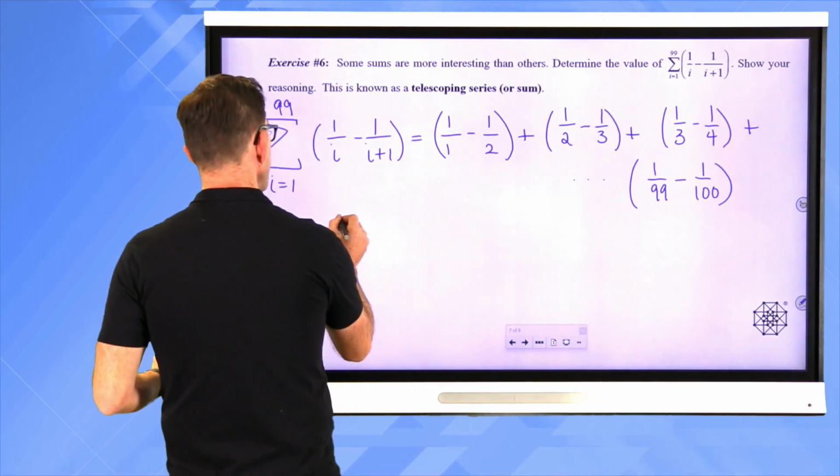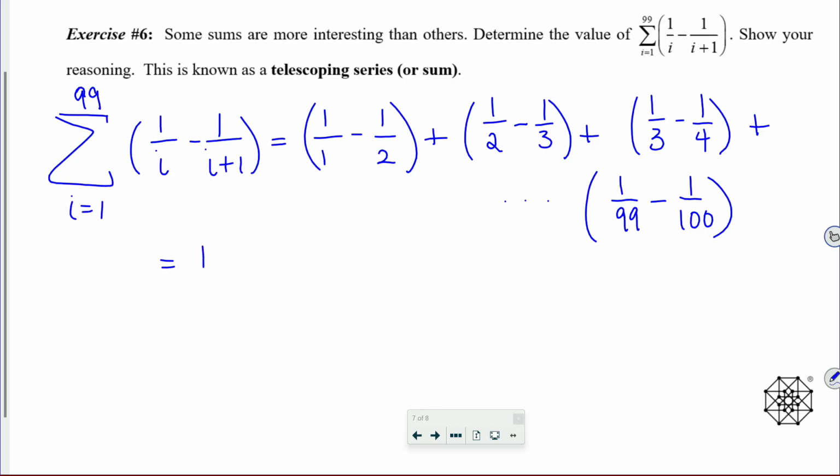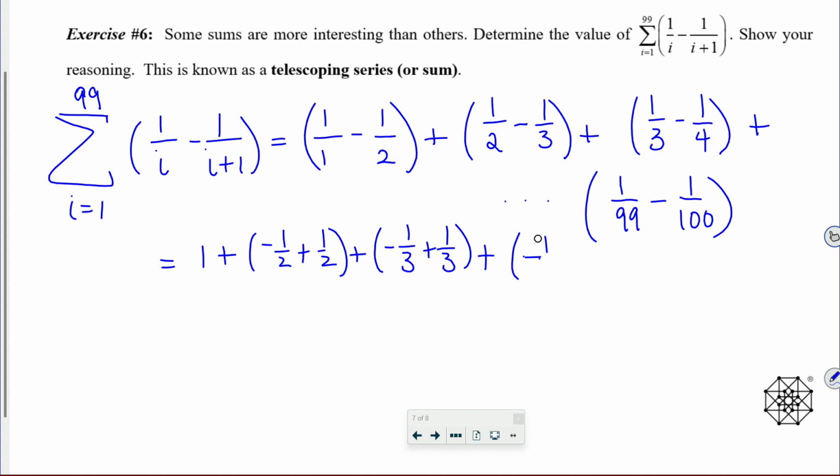So I'm going to regroup this in a very sneaky way. I'm going to do this as 1 plus negative 1/2 plus positive 1/2 plus negative 1/3 plus positive 1/3 plus negative 1/4 plus positive 1/4 plus etc. And then I'm going to eventually have negative 1/99 plus 1/99